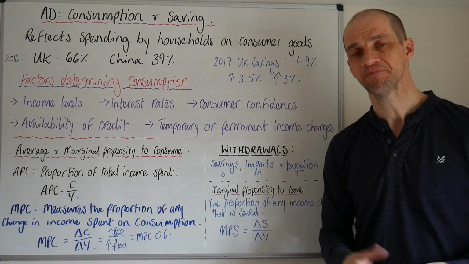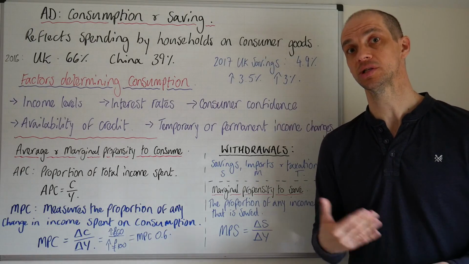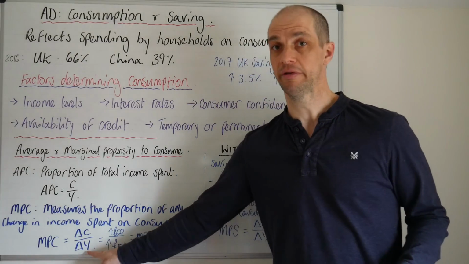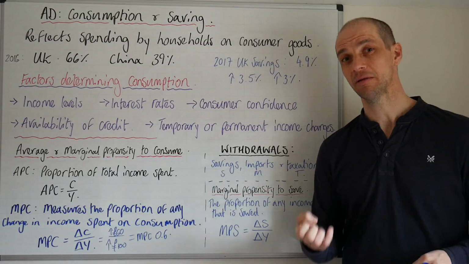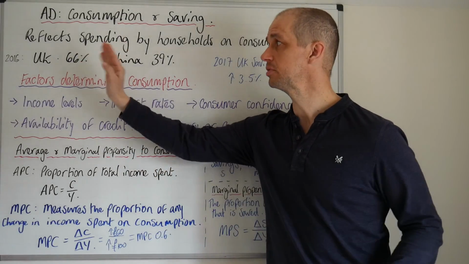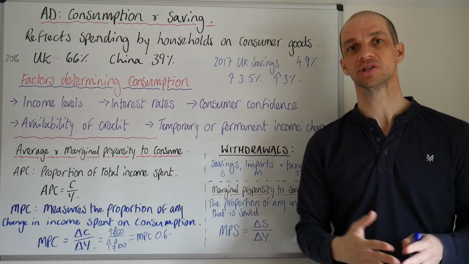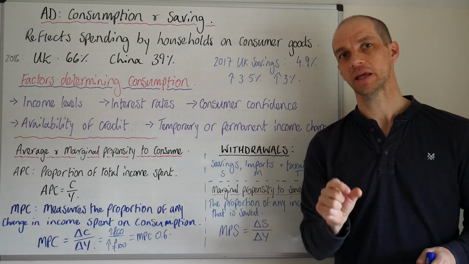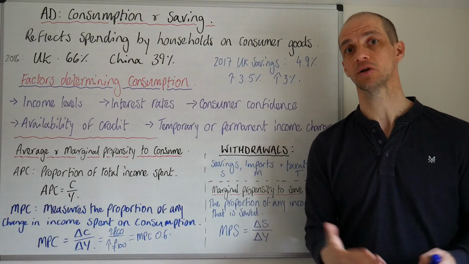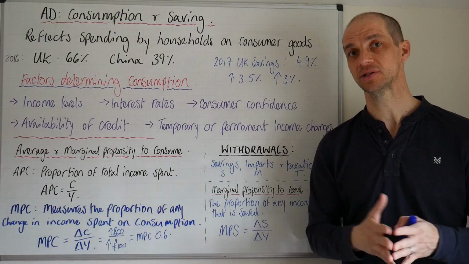Well, how could that happen? Well, it could be perhaps due to the amount of debt that households choose to take on. As households take on more debt, it means that they can spend in advance of any income change. Now, this can pose problems further down the line for the economy. So this is why, when it comes to UK growth being largely composed of increases in consumption spending, it can be a cause for concern in the longer term health of the economy, because it can reflect increasing debt levels. That is certainly happening within the UK economy right now, and it is a slight worry.